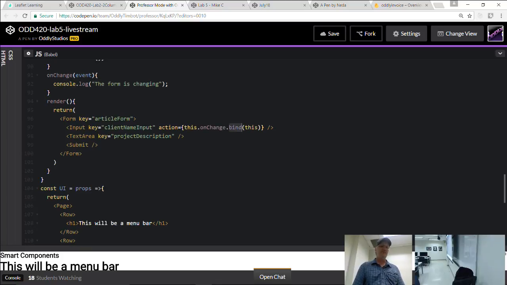Now, I can talk about this little bind that we used. You might not have seen that before. When we say .bind, we're saying when you go looking for this onChange function, look here, look inside me, the father. Because otherwise, it might be looking in the child, trying to find this onChange, and it won't find it. So we say, no, don't look in your own pockets, look in my pockets, basically. Does that make sense? Yeah, exactly. So this refers to this component, our smart component.